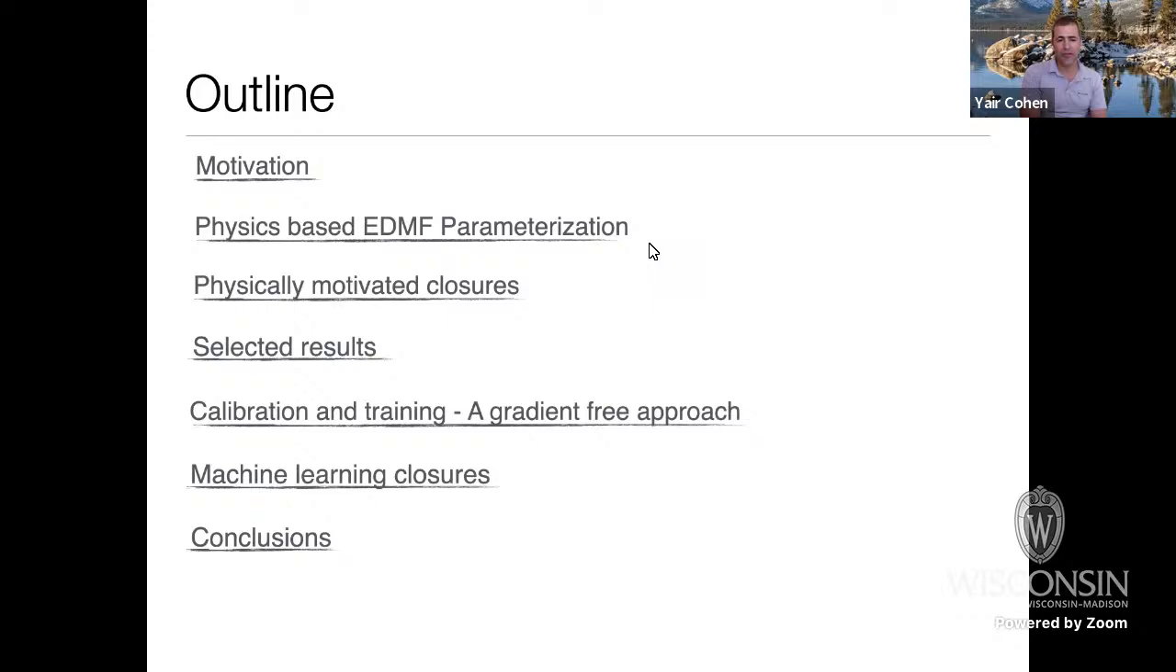These are the closures that don't involve any data-driven methods. They come from physical ansatz or arguments and scaling laws and stuff we understand, or think we understand, about turbulence and convection. I would show the results of only the physical-based closures, and these are results already published. And then I would go into the calibration and training of the gradient-free approach and the machine learning part of the closures, which is more in